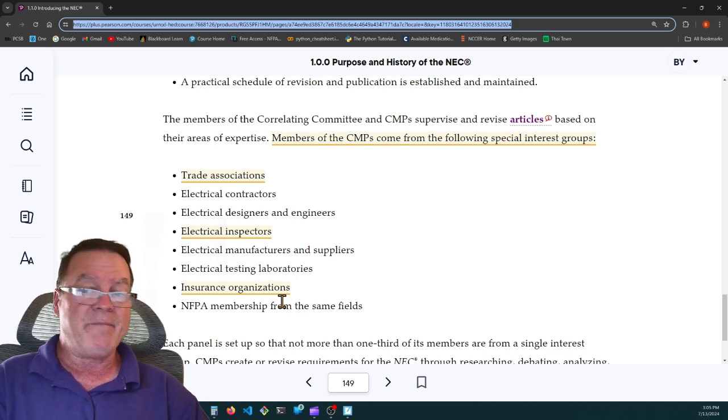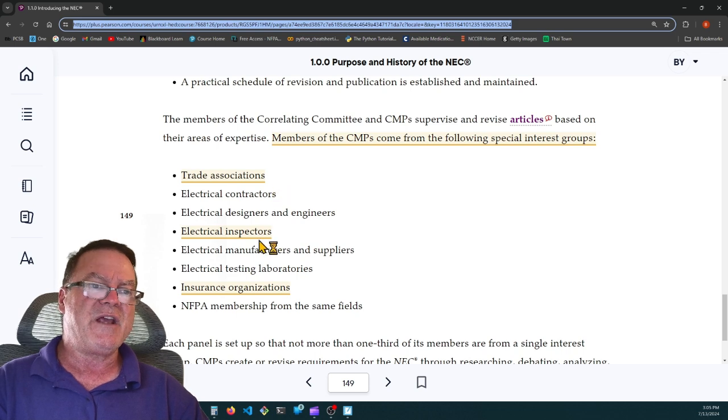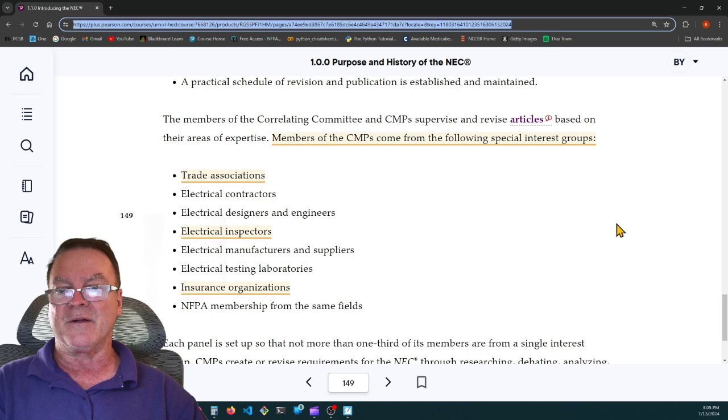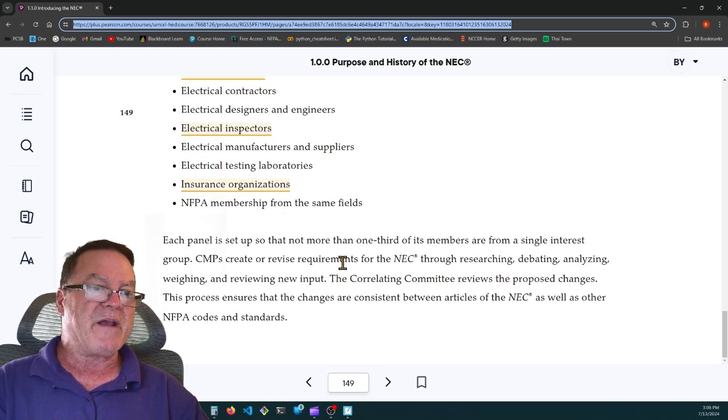And even with that, every 3 years it gets edited. Every 3 years it changes. So trade associations, electrical inspectors, insurance organizations, these are some of the people who are interested in being on the code-making panels. Each panel is set up so that not more than 1/3 of its members are from a single interest group. Code-making panels create or revise requirements for the National Electrical Code through researching, debating, analyzing, weighing, and reviewing